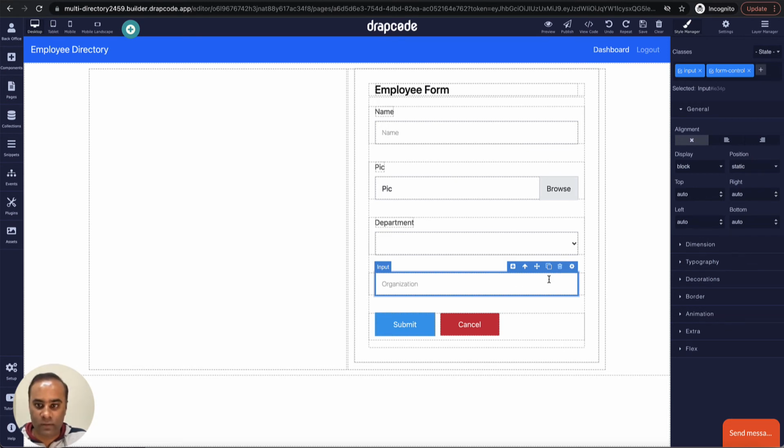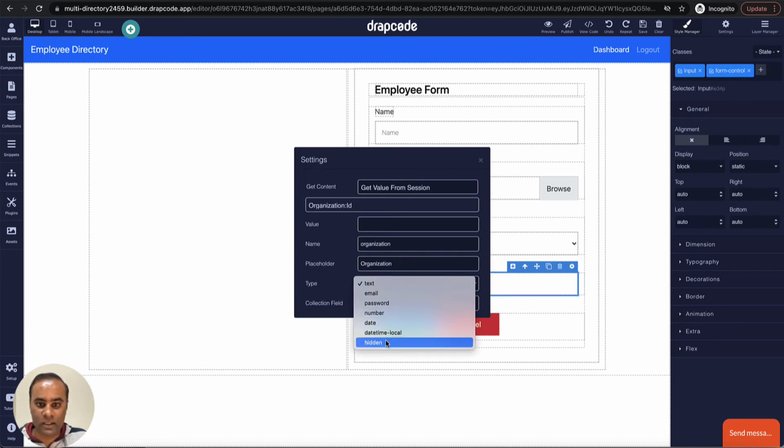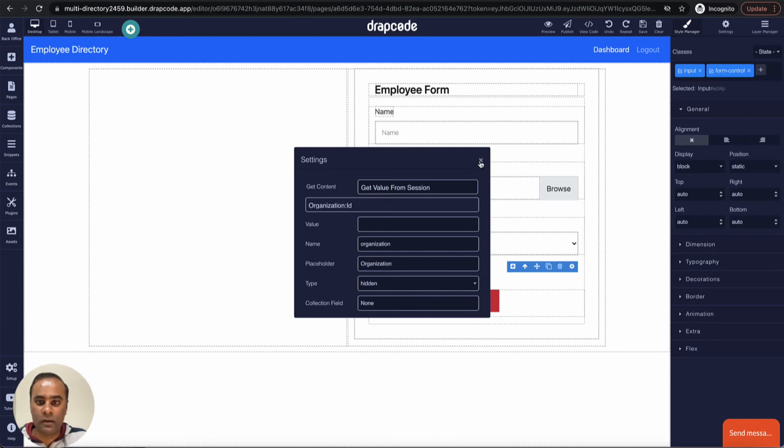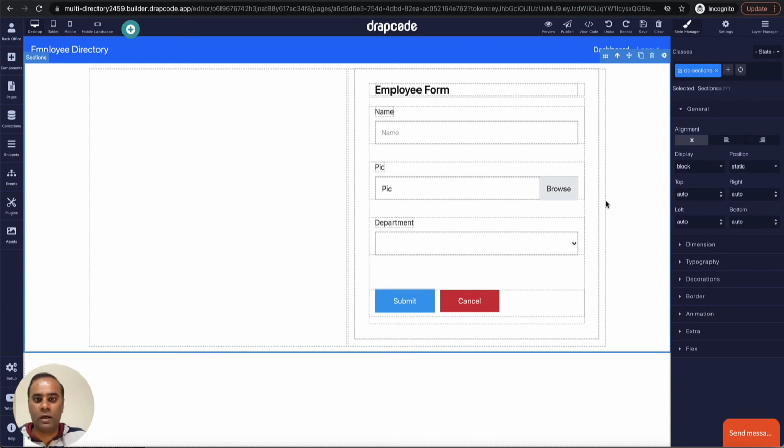Now instead of displaying it, I can change the form type from text to heading. Okay, so that this value remains hidden. Now if you see, the text box is disappeared. This is fine. So now we have created an employee form. Let's go and try adding a new employee. But before adding a new employee, we will need to create an organization sign up. So people should be able to create a new organization and add employee. Now let's continue to organization sign up and login flow.